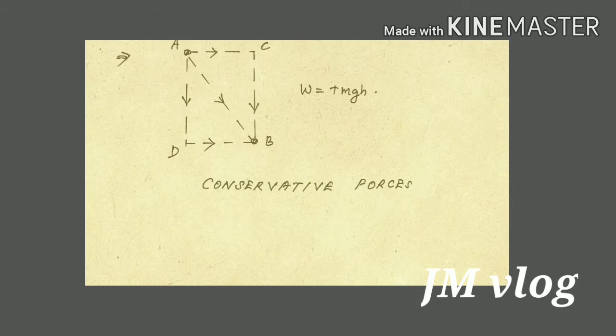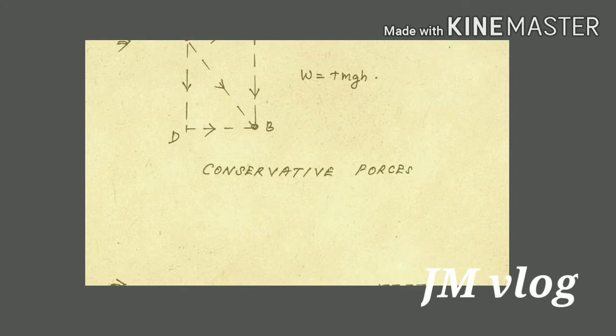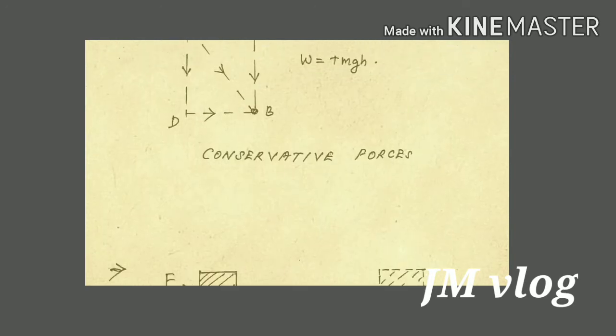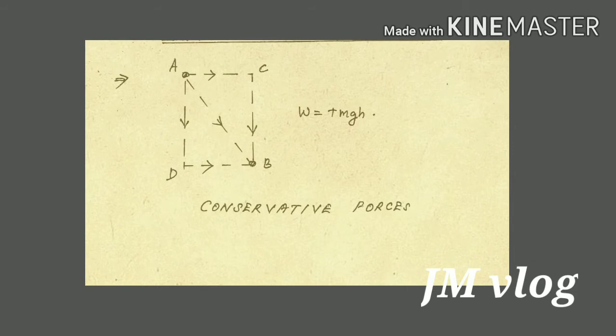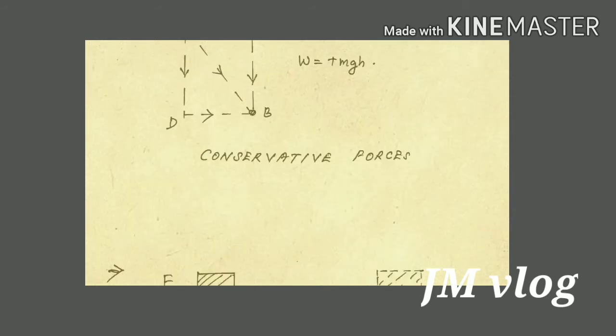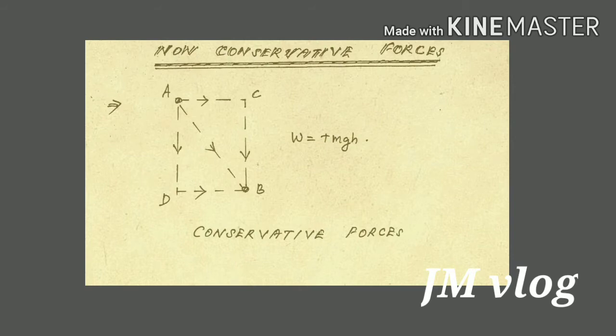While moving D to B, it's interesting that there is no work done because the force is in the downward direction and the displacement is perpendicular. So the work done is 0 while moving D to B. It is clear that in the three cases, directly from A to B, then ACB and ADB, the work done is the same, equal to mgh.